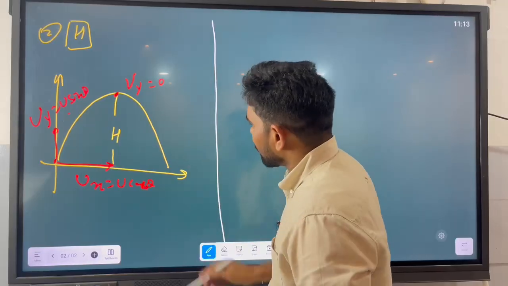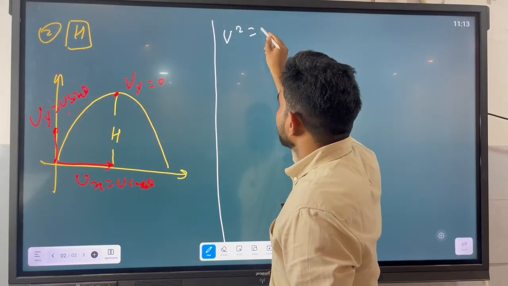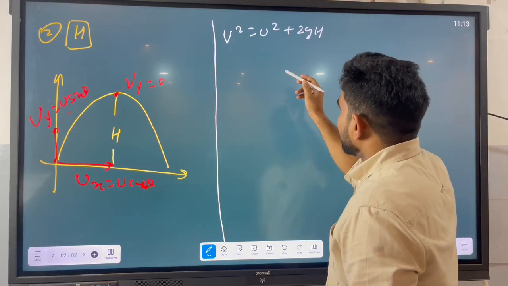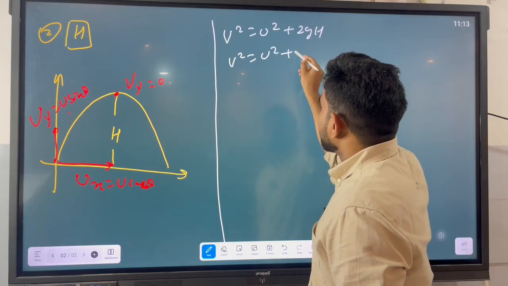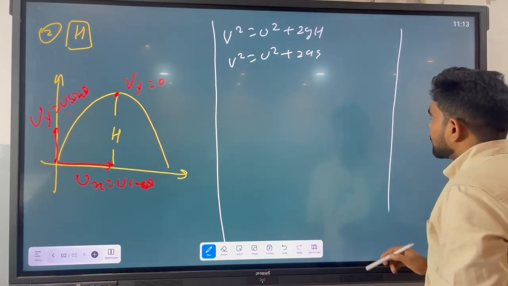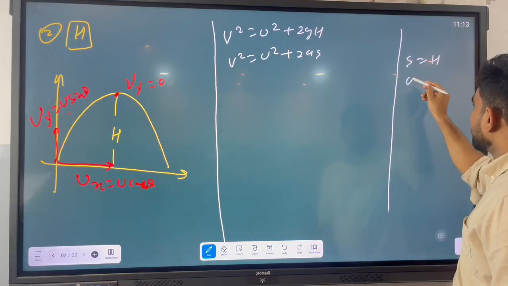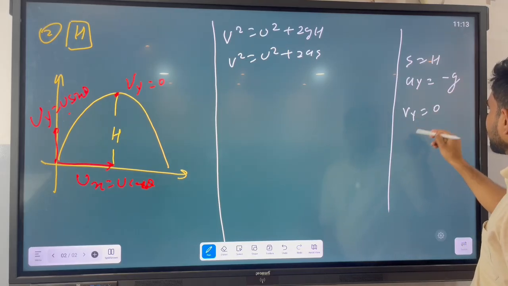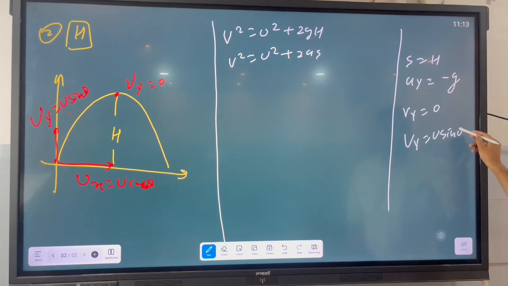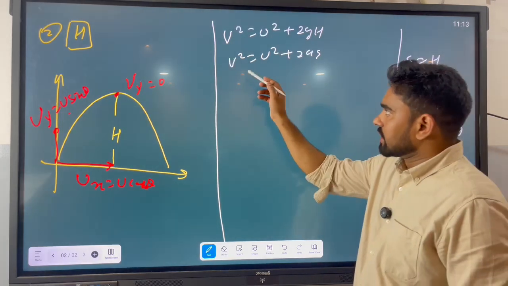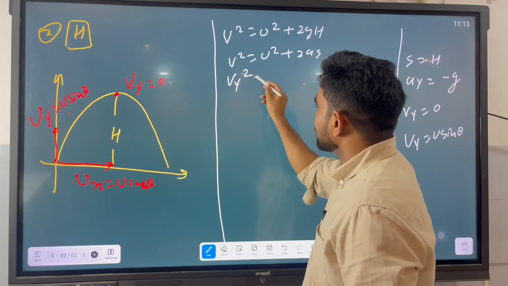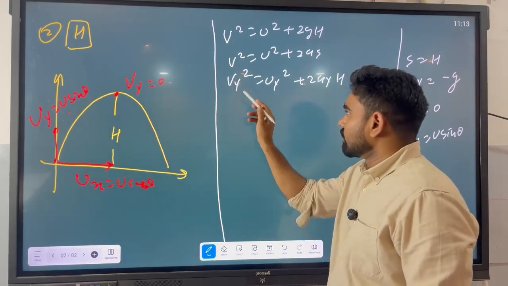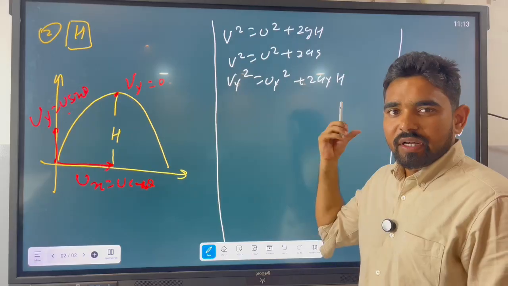Derive this from the third equation of motion: v square equals u square plus 2as, which can be written like this, where s equals h, a_y equals minus g, v_y equals 0 and u_y equals u sin theta. For the y direction, v_y square equals u_y square plus 2a_y h, and putting in the given data here,